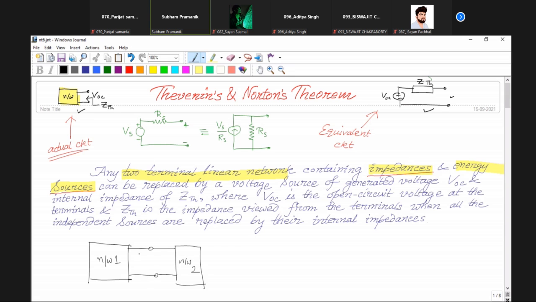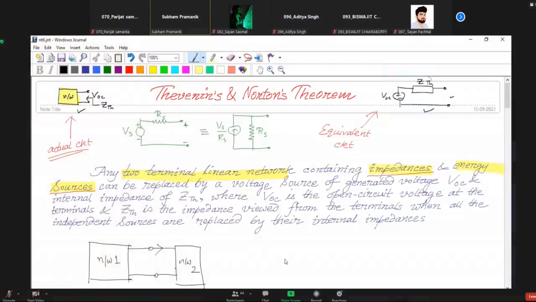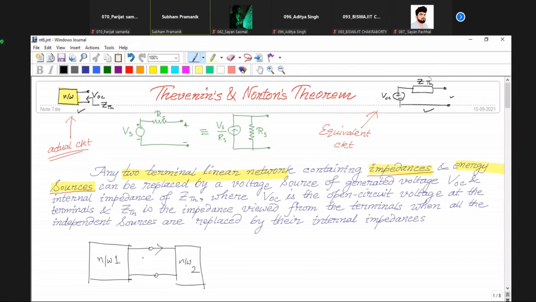Now, if someone asks what is the current delivered to network 2 by network 1, I repeat the question: what is the current being delivered to network 2 by network 1,